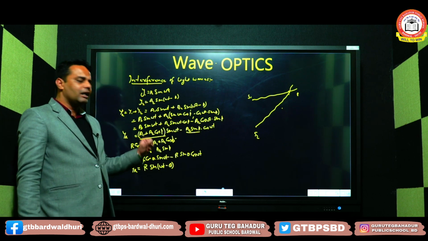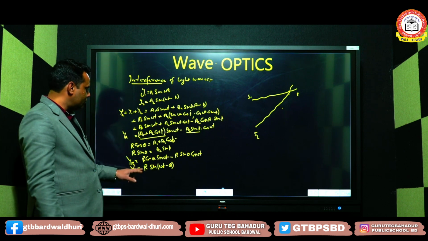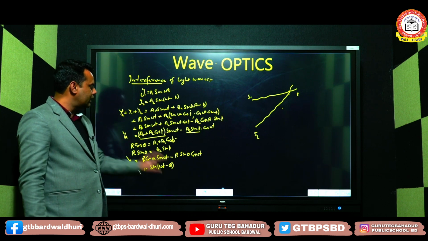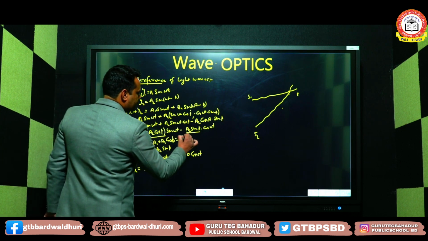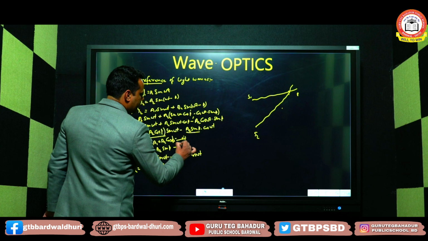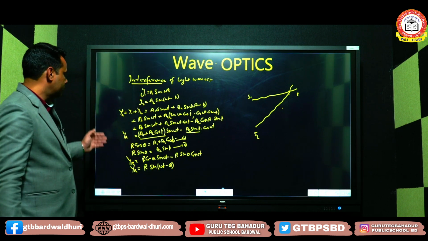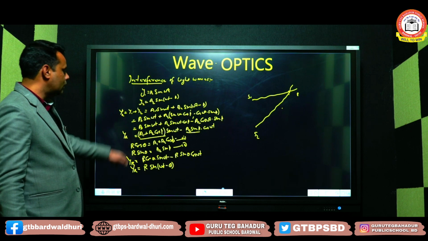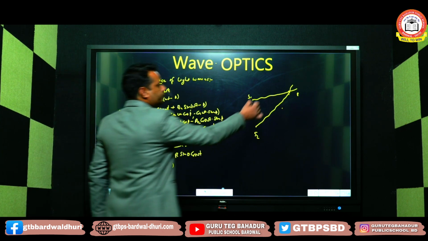But r and theta are unknown. These are intermediate variables we have taken from our side, and we have to calculate the value of r and theta now. R and theta can easily be calculated by this equation and this equation. I know you all are familiar, you know very well how to calculate it. Let me give you some idea.